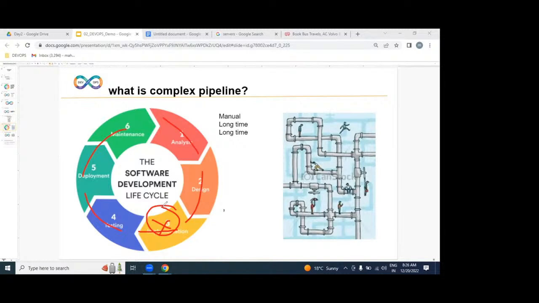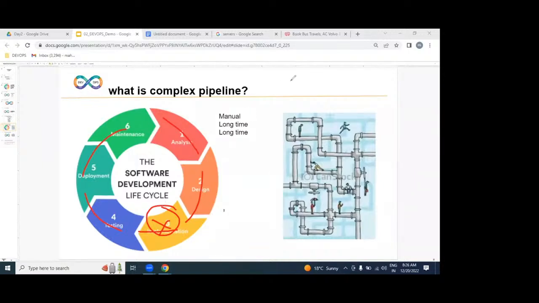No one can. No, experts are required here. If you are hiring experts for this process, definitely we need to pay more salary. Yes or no? That means the cost is increasing or not? Are we going to deliver in time? No, we can't. That means the quality is decreased.